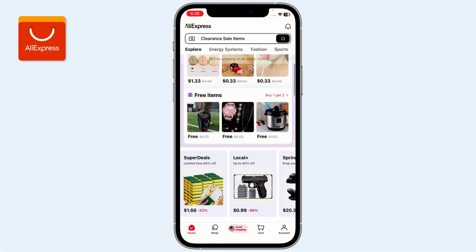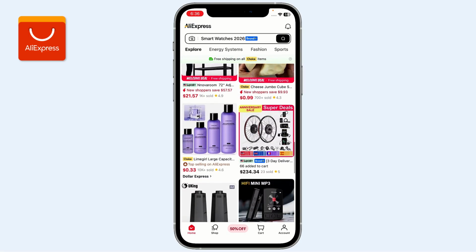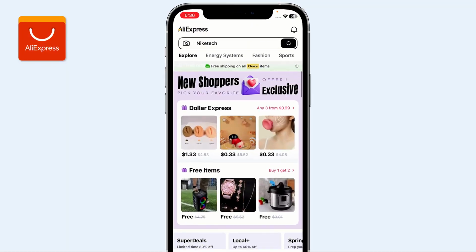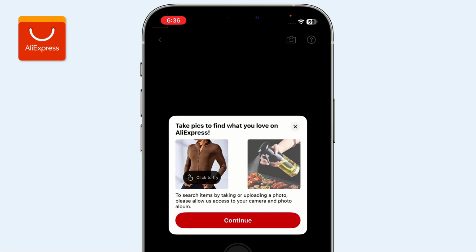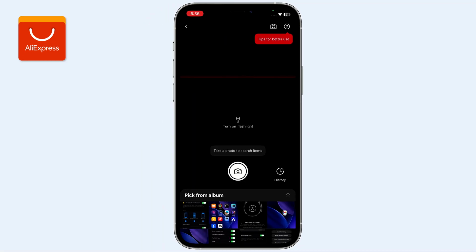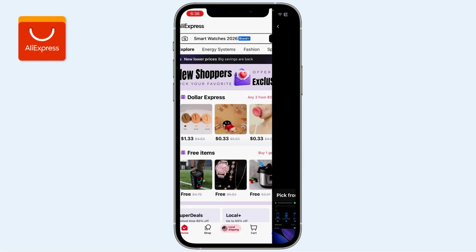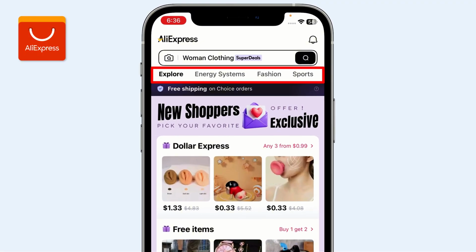Here you will find deals and offers, and if you scroll down, the products are listed here. At the top, you can see the search bar, which you can use to find products using keywords. You can also tap on the camera icon to scan or upload an image to search for a product. There's also the categories menu. Here, swipe to find the category that is related to your requirements, and once you find it, tap on it